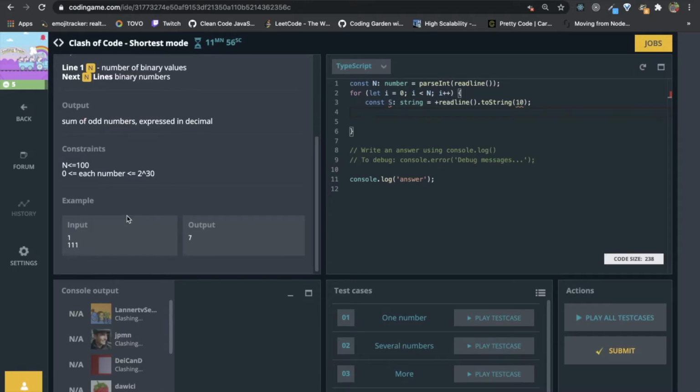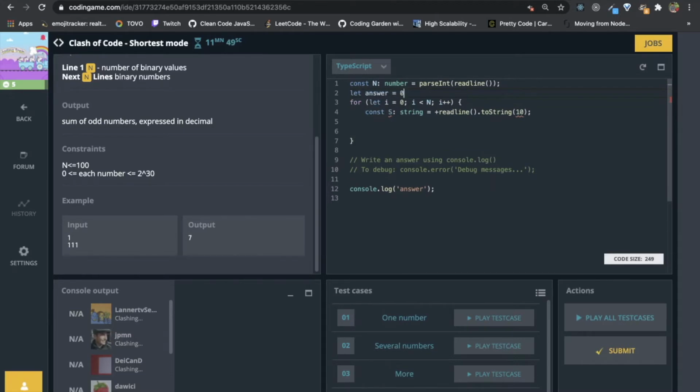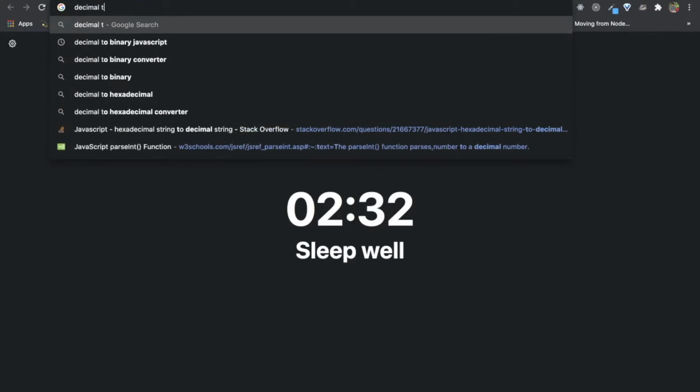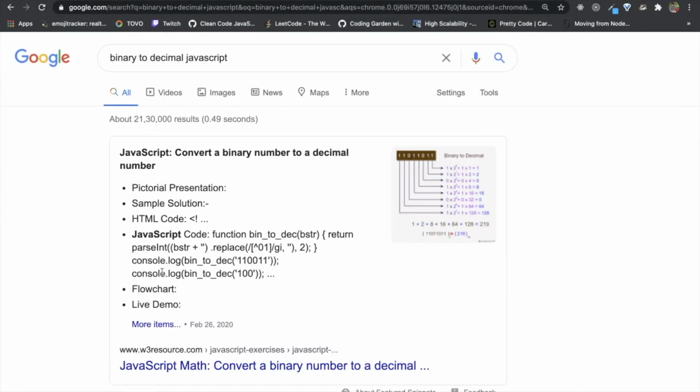Let's make our answer as 0 because it will be a number, and we need to convert 111 from binary to decimal.